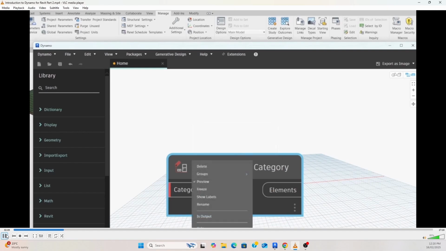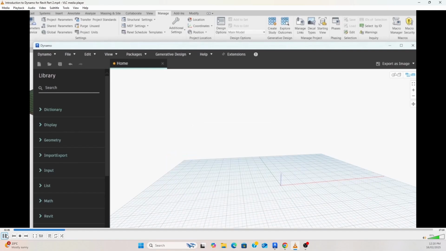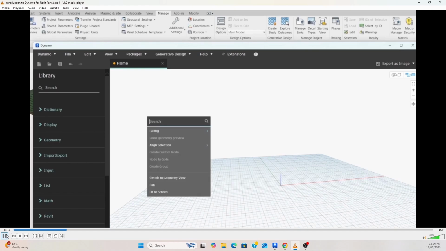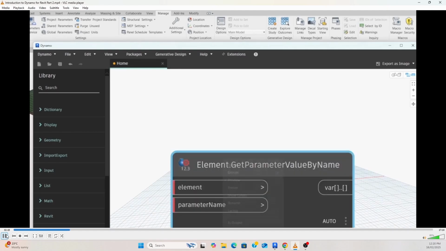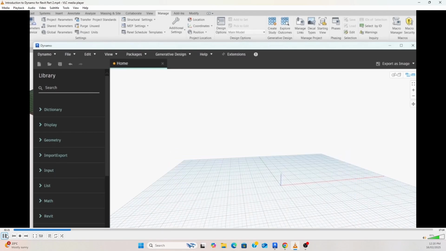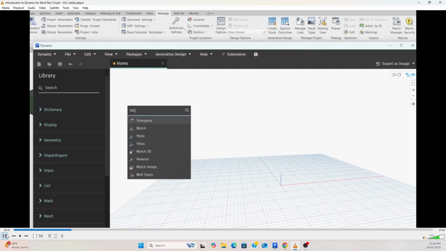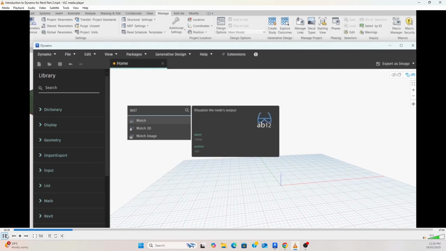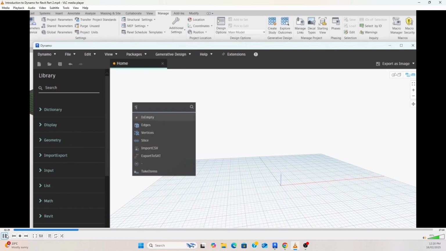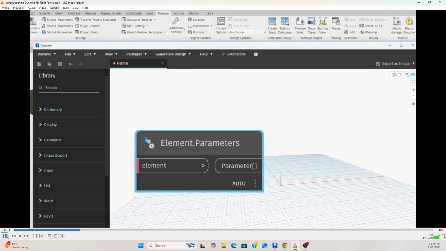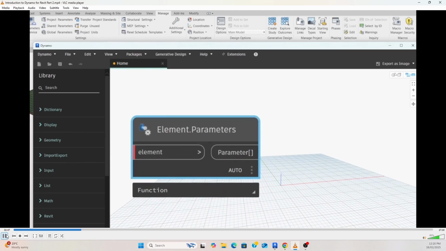All elements of category, element dot get parameter value by name, watch. Please see what text I used to get these nodes. Element dot parameters,